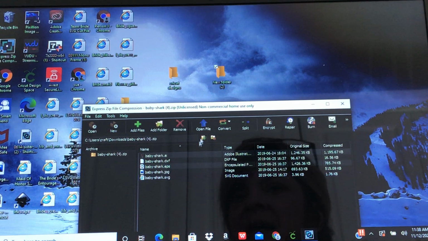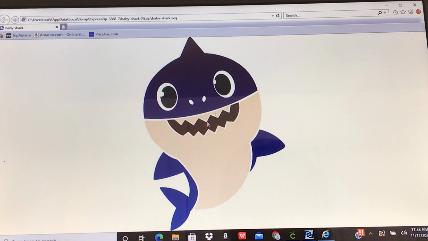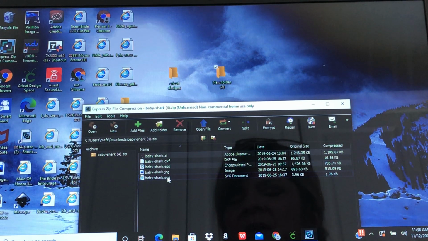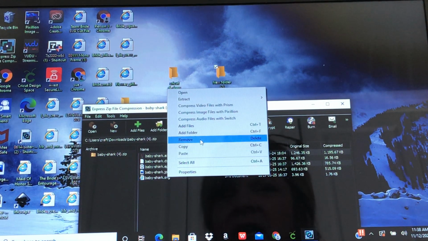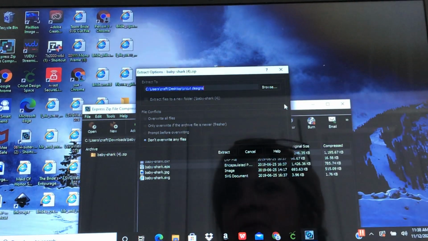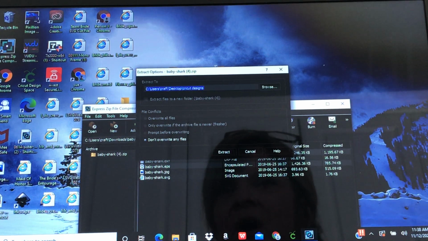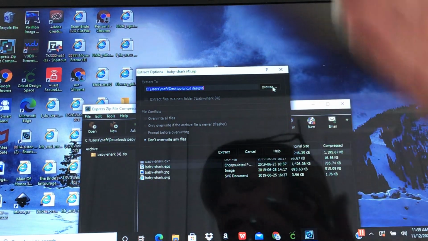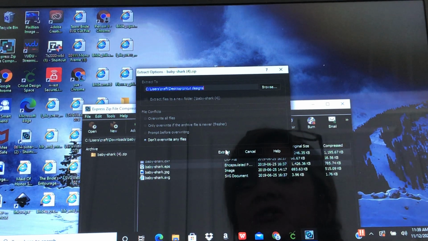So let's highlight it and open it and make sure that we actually have an SVG file. Sometimes you open them, there it is, and it's not actually an SVG file, it's a YouTube video or something. So now I'm going to highlight it again and right click on it, and I'm going to go to extract selected, because I don't want all those other files. I don't need them. Now it's automatically going to my desktop Cricut Designs. If you want to put it somewhere else, hit browse and select that, and that's where it'll go. You could go just desktop, you could go downloads, wherever you want to put it. Hit extract,